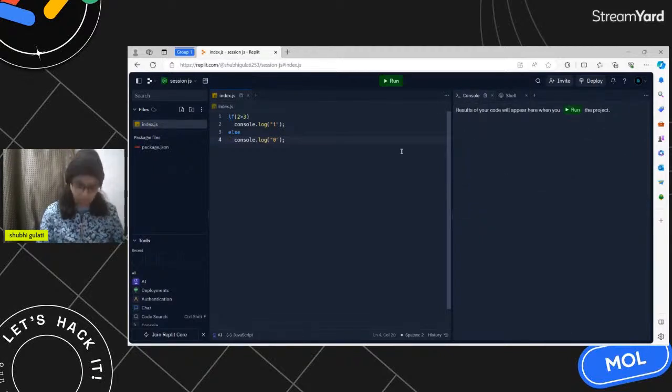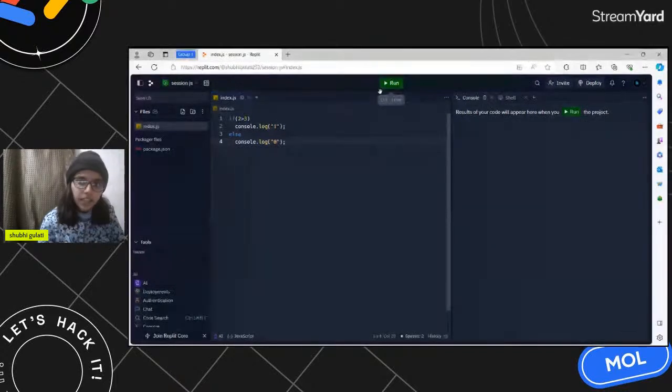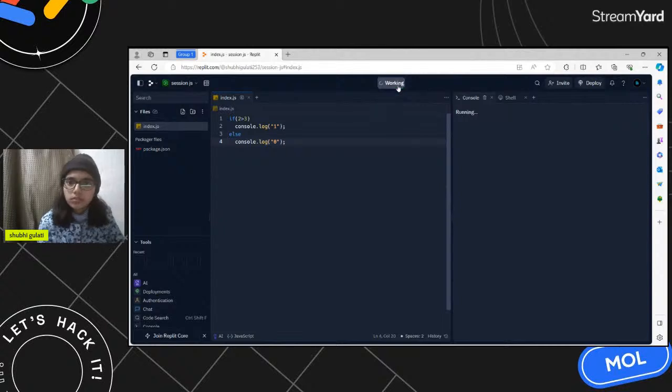Now I have just given a random statement in which I have put whether 2 is greater than or equal to 3 or not. If it is correct, it will print 1, otherwise it will print 0. So as you know that 2 is lesser than 3, it prints your answer as 0. Now if I change,